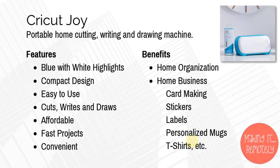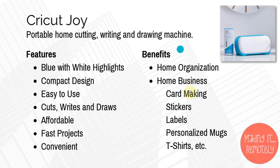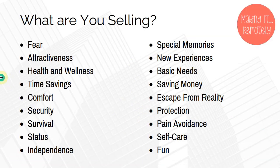A lot of people are really looking to have products, especially when they're giving gifts or even when they are making things for themselves. They want that personalization. So lots of things that you can do with this Cricut Joy. And so when you sell the benefits, the end result, the transformation, and when you tie it in with the emotion, let's talk about when you have a Cricut Joy, what emotion are you going to tie in